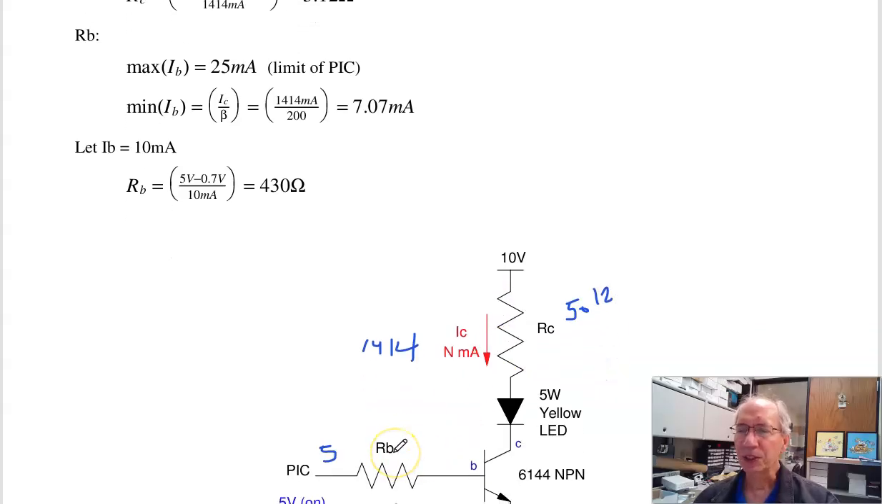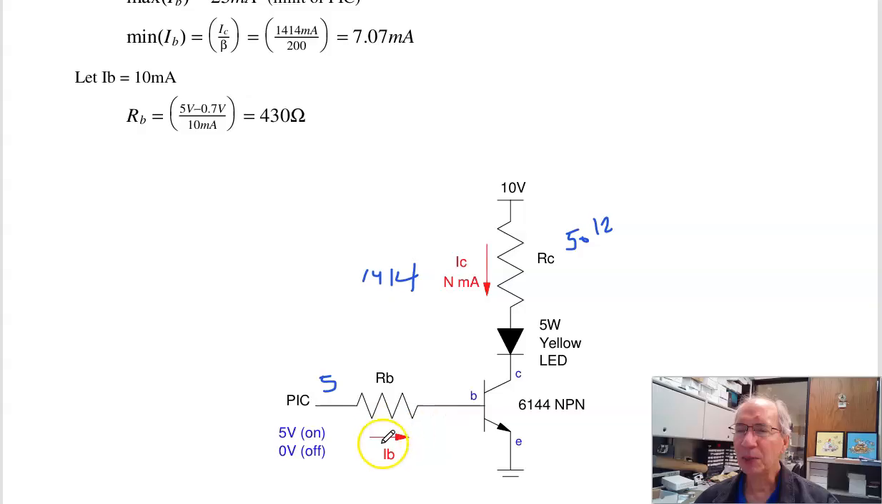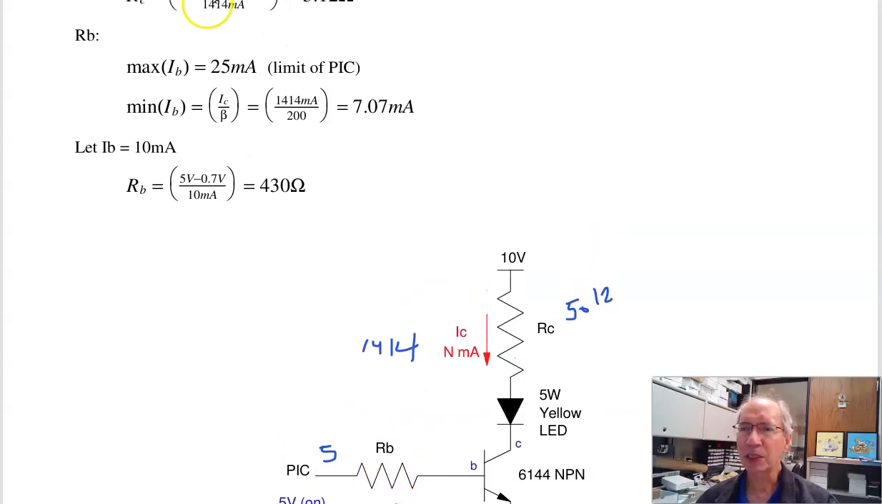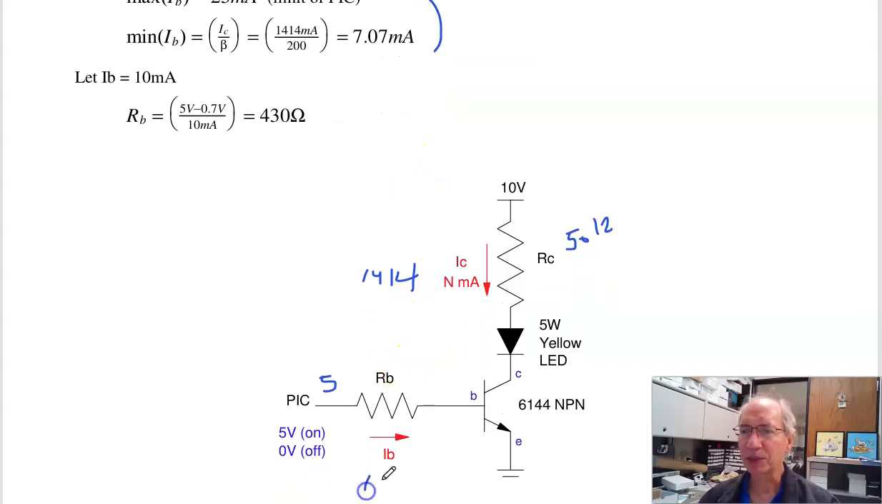For the base resistor, I can pick RB or IB to be almost anything I want. Subject to it's got to be less than 25 milliamps, because that's all the PIC can do. And I have to saturate. To saturate, IC is beta IB, so IB has to be at least IC over beta, at least 7 milliamps. Pick a number between 7 and 25. I chose 10 milliamps, so if IB is 10 milliamps,